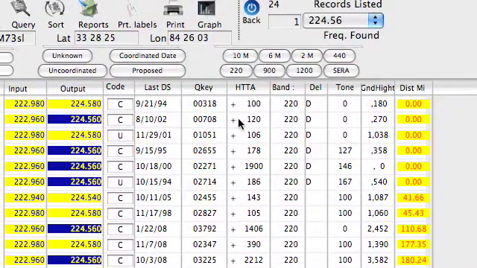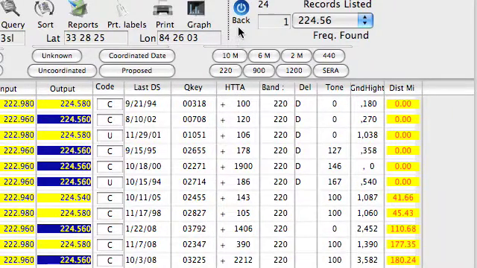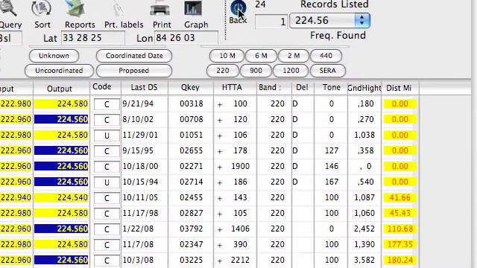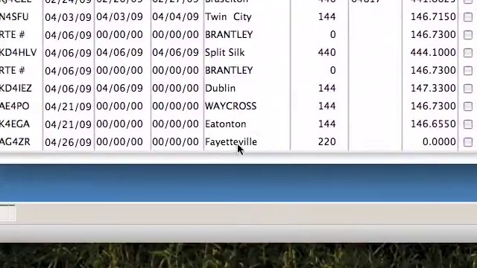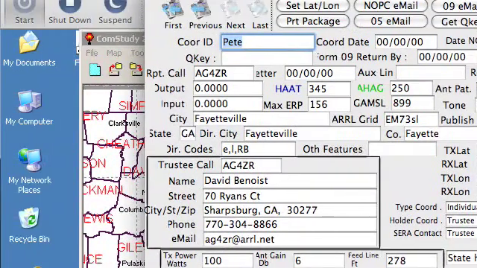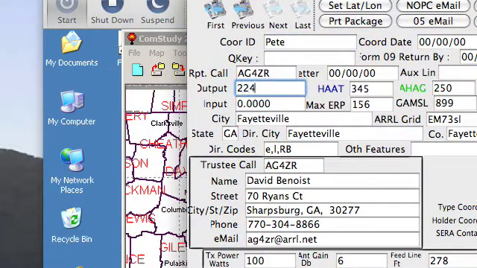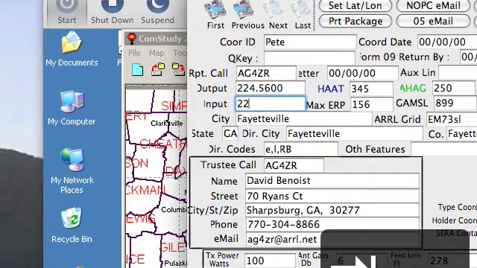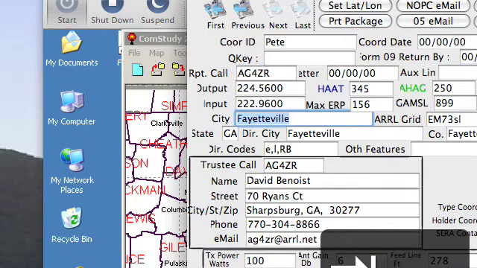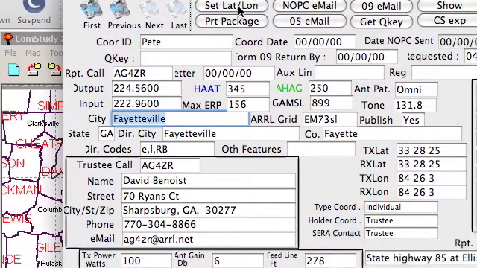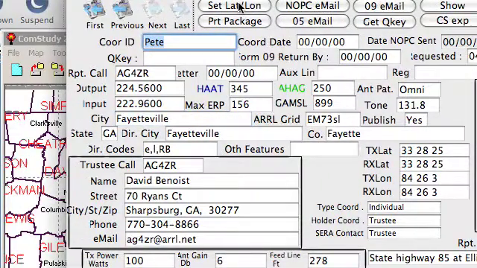Now I need to go back and put it in. Go back, scroll down here to the bottom. This one was 224.56, I think, and 222.96. I think I may have misquoted that. I'm going to write a routine to copy that for me the next thing I do here, and paste it in. Set that line,